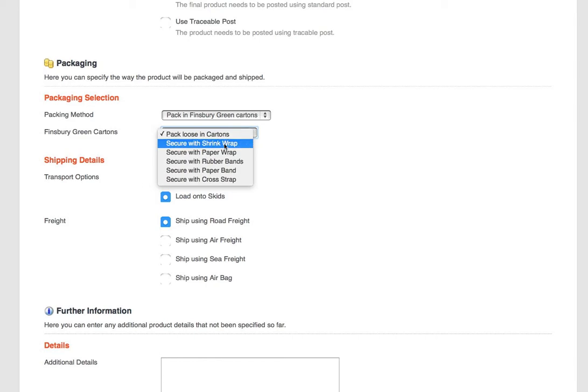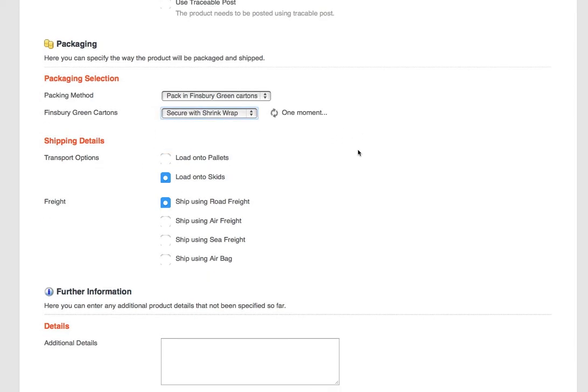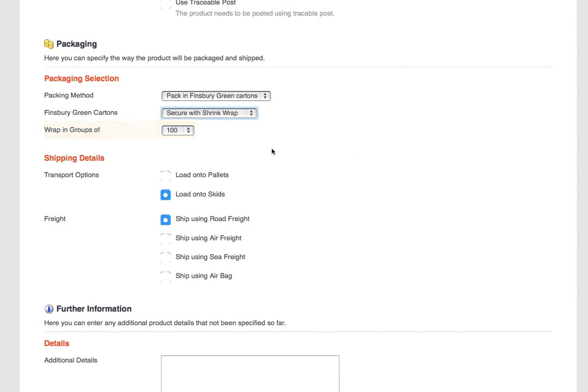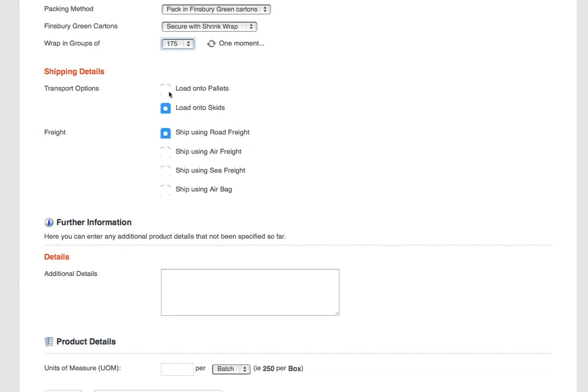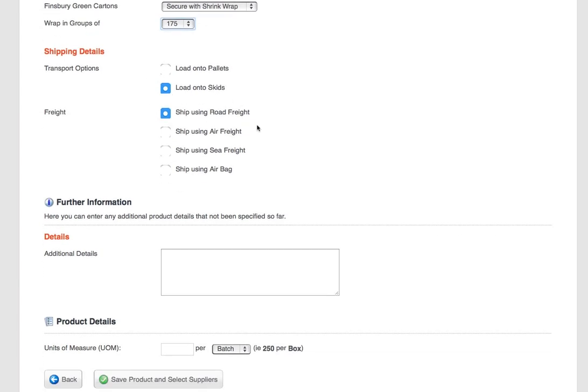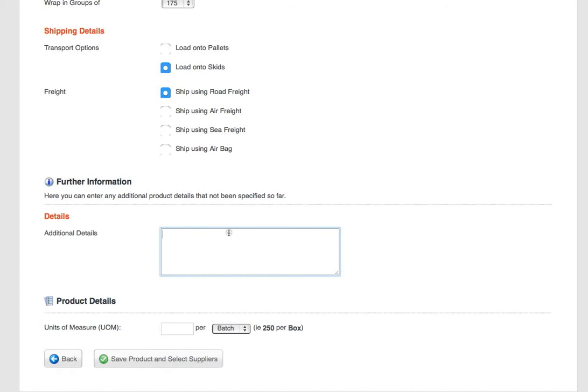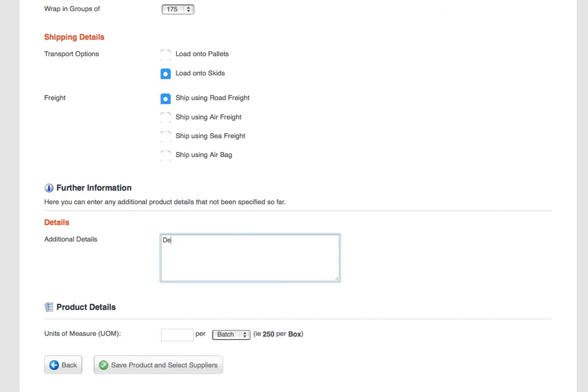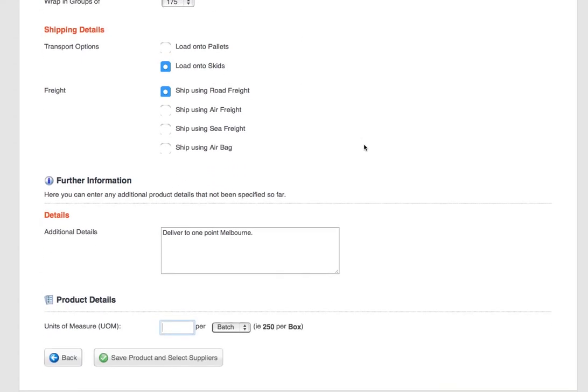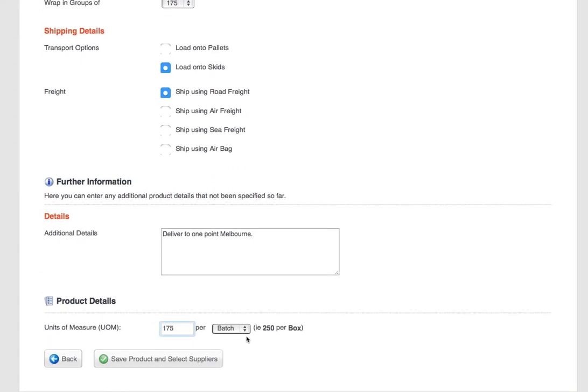Loosened cartons, if I select shrink wrap for instance, it will now ask me what bundle quantities do I want the shrink wrapping to be in, and here we'll select 175. How do I require it to be loaded, and what freight options do I wish to select? Finally, here in details I can type in some final information. And here we're telling the supplier I wanted to deliver to one point in Melbourne only. It's going into inventory, so again here we've asked it for groups of 175, so I'm going to say 175